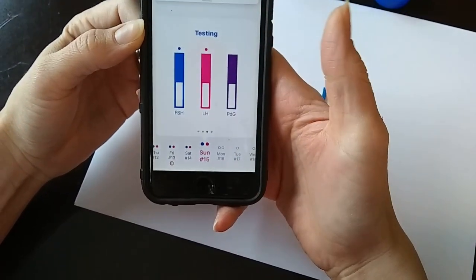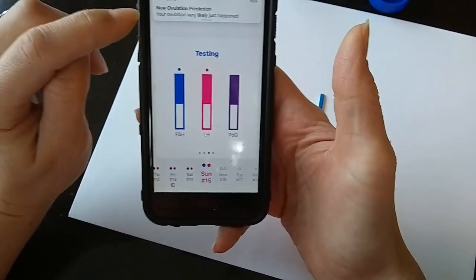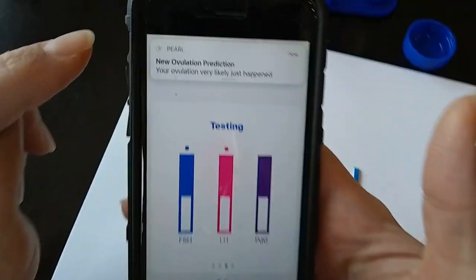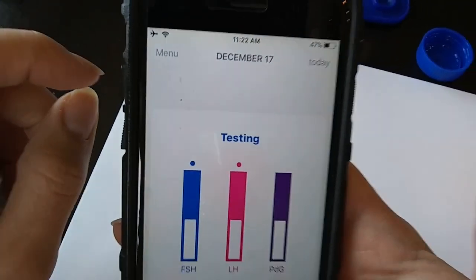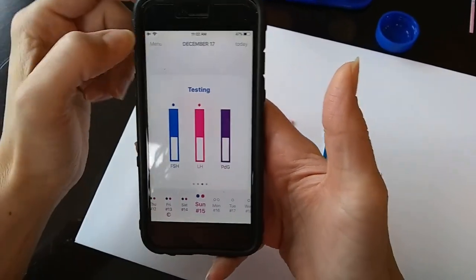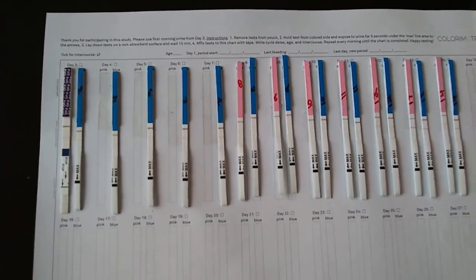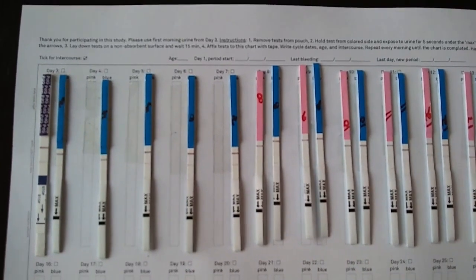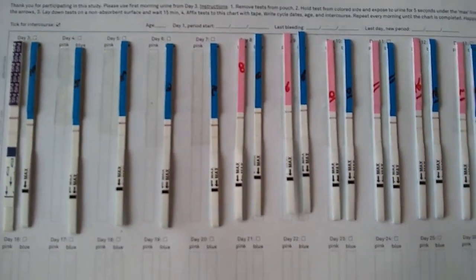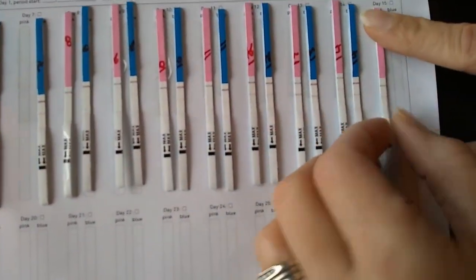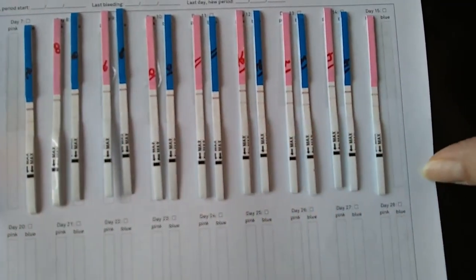So now I've completed my testing, and now it says your ovulation very likely just happened. So it'll give you pop-up notifications. So in the welcome kit, you're going to get a log where you can tape in your strips. So now I'm done testing. I put in the strips for today. So the pink strip